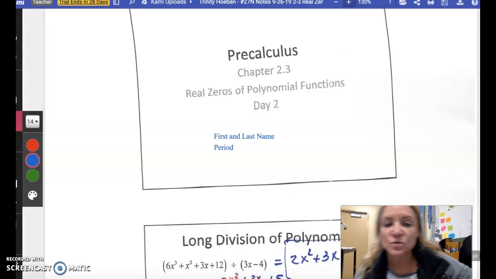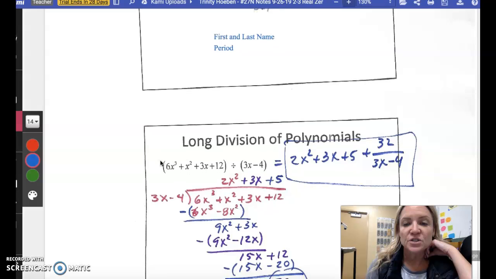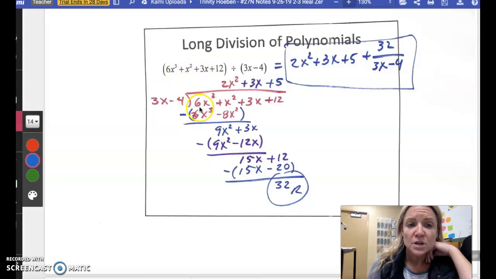This is day 2, so we're going to be looking at some more long division of polynomials, but maybe a little bit harder problems. All right, so the first one we've got, we're going to take the 6x cubed plus the x squared plus 3x plus 12. We're going to divide it by 3x minus 4. So you're going to put the 6x cubed polynomial underneath the division bar and the 3x minus 4 on the